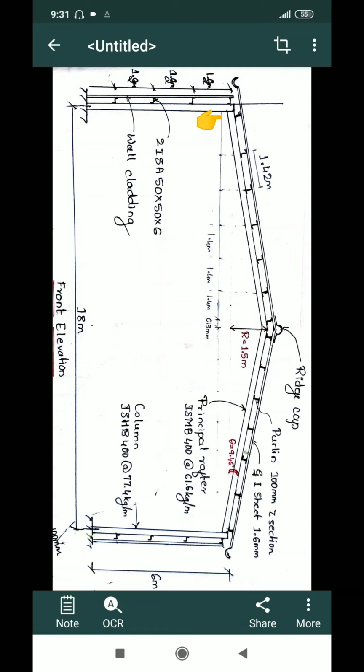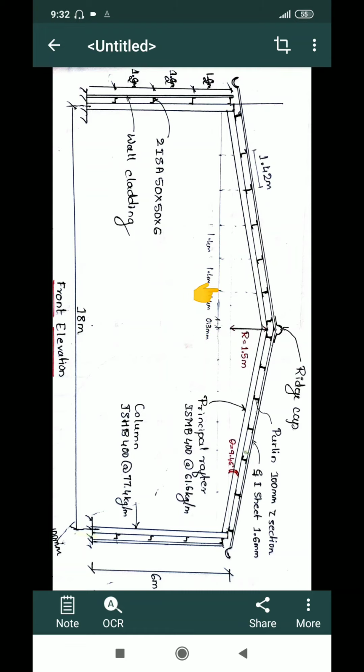So what I will do is, first I will draw the columns, then connect a column with a principal rafter. For this principal rafter, from the baseline I am giving a rise of 1.5 meter. So I'll draw the principal rafter like this, which will be at an angle of 9.46 degrees. Either you can draw this baseline, give the rise and join it so that you get theta, or else you can mark the angle theta and draw the line, and intersect those two lines where you will get the ridge point. After that, mark these plan dimensions for the placement of the purlins.